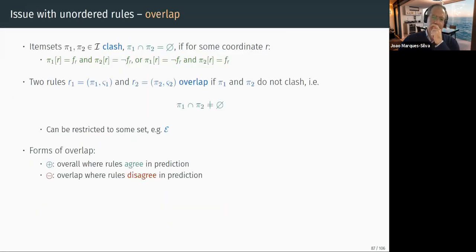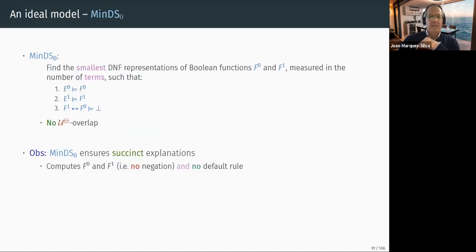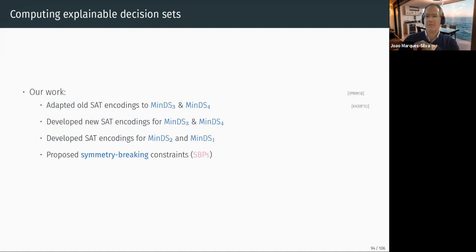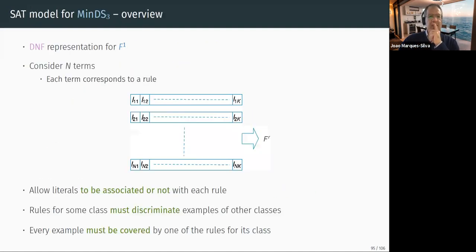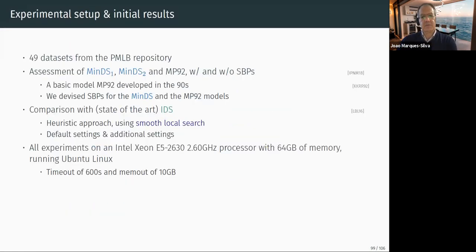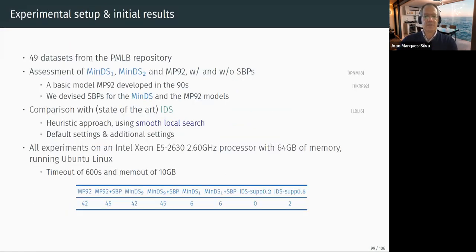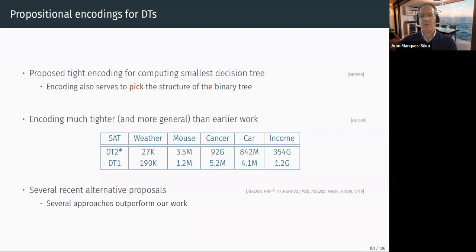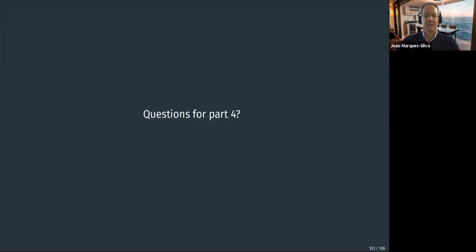Again, it was a lot of material anyway. But this was a formalization we did 2 years ago in 2018, and people have built on this since then. This was one thing I wanted to mention, and we got some preliminary results, and there are some improvements which I mentioned here as well. We also did work on learning decision trees, and we showed that it was feasible. A lot more people have done work since we did it, and they improved on what we did. So again, there is a lot of research going on in these areas.